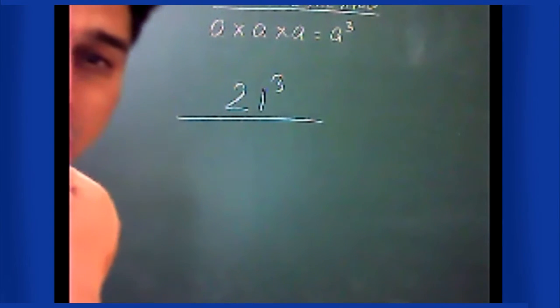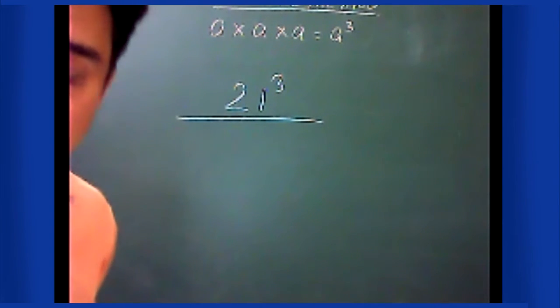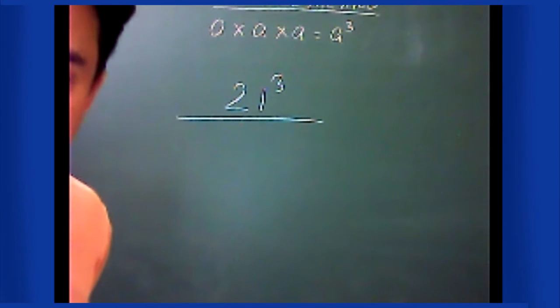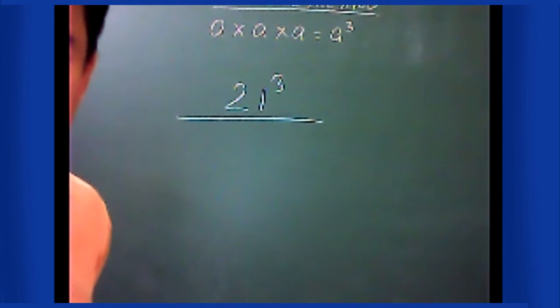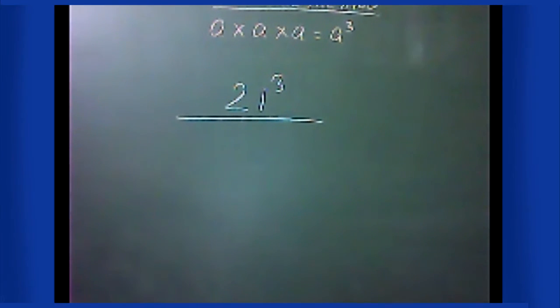Arjun, I got it that you didn't understand the technique. It is clear, but how come you got the correct answer then? How did you get the correct answer? I didn't do it that way. I was trying to check my answer, so I did 21 cube the normal way. Okay, fine.